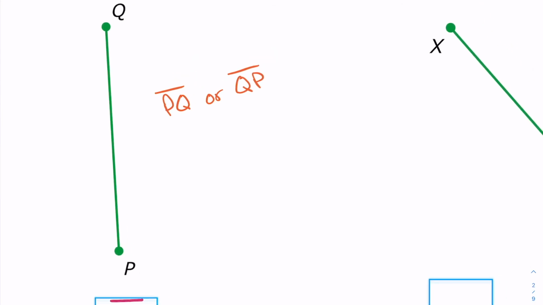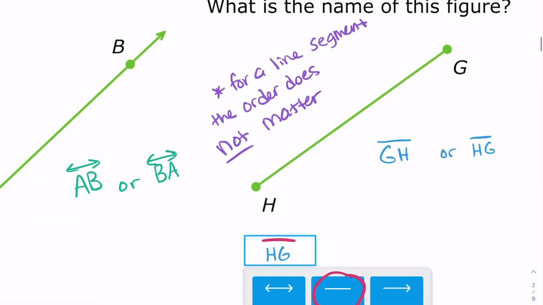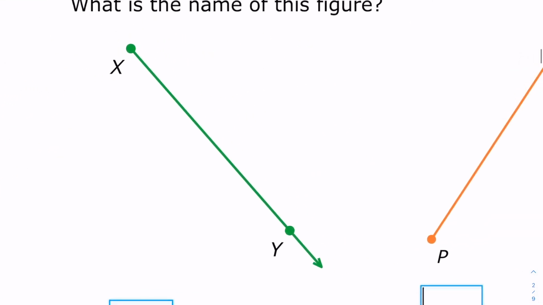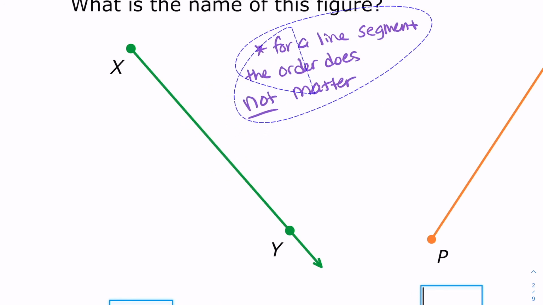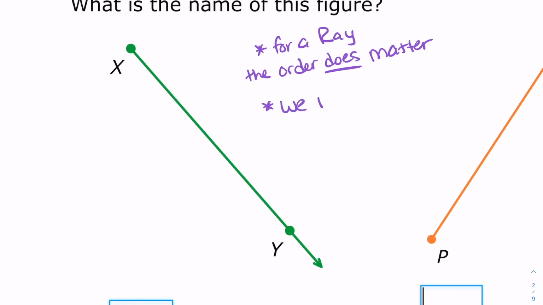Okay, the most important part: in a ray, order matters. So there is only one name for it and one name only. For a ray, I'm going to put this right here. For a ray, the order does matter. It can only be one way. Here's what's important. A ray is named specifically from left to right. We name it from left to right. We name rays